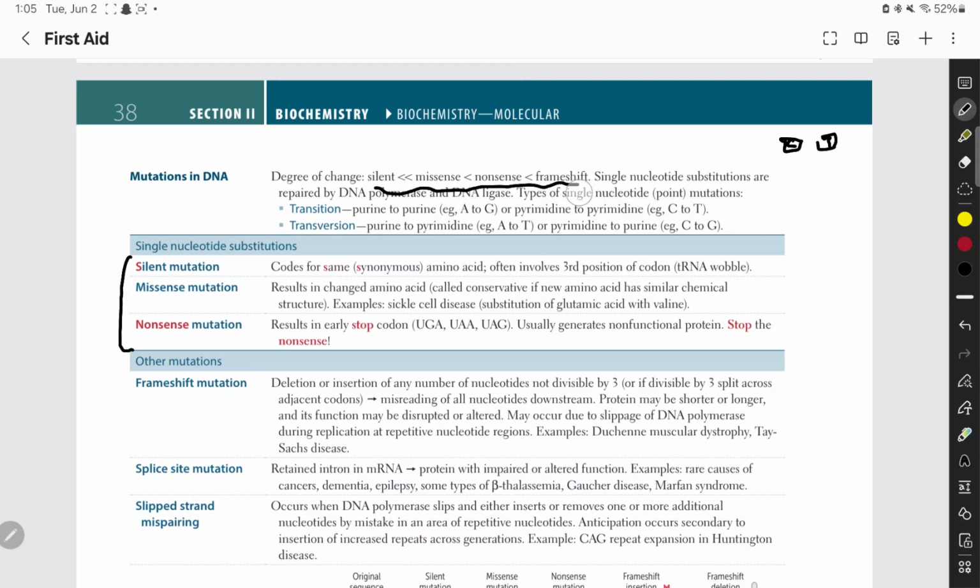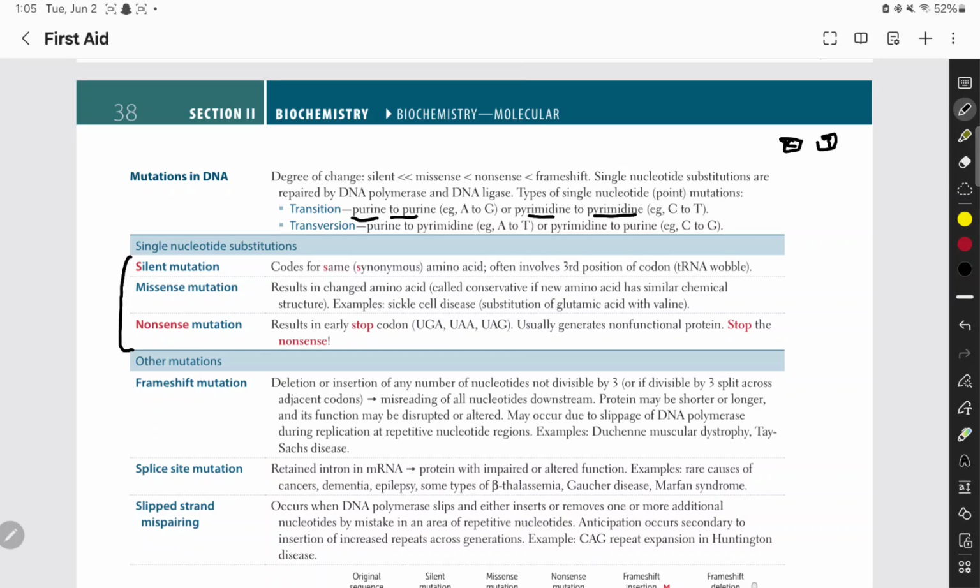Then we have single nucleotide substitutions that are of two types. It can either be transition, for example, we transition from adolescent to puberty, but we're the same people, right? So you transition from purine to purine or pyrimidine to pyrimidine. So like we are ourselves, but we are transitioning to another phase. So then we have transversion. To remember transversion, think of it as transformers. So that would be from purine to pyrimidine or pyrimidine to purine.